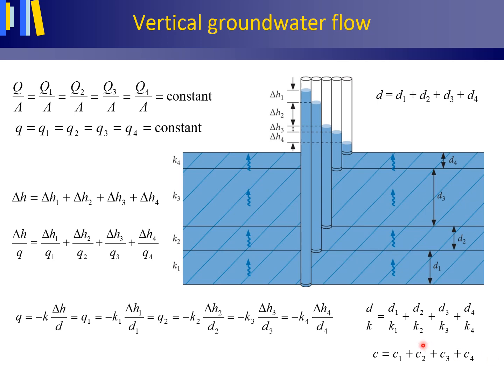This relation is useful when calculating the vertical volume flux density through horizontally layered semi-permeable layers. As we know the values for K1, 2, 3, and 4, D1, 2, 3, and 4, and their sum D, we may derive the hydraulic conductivity for the aquitard as a whole, K, from this equation. This K without a subscript is the substitute hydraulic conductivity, as mentioned before, for vertical groundwater flow. It is the hydraulic conductivity in meters per day that we can assign to this aquitard when dealing with the aquitard as one entity instead of 4 separate layers.